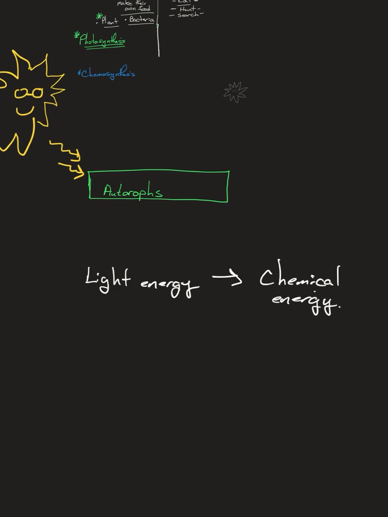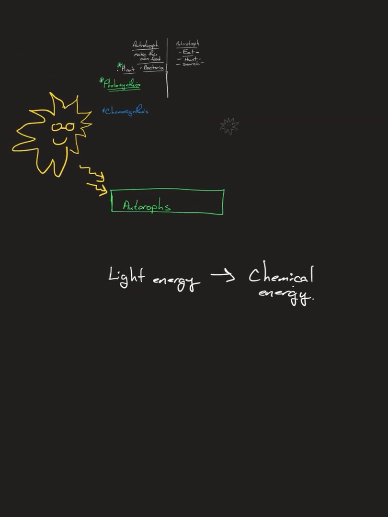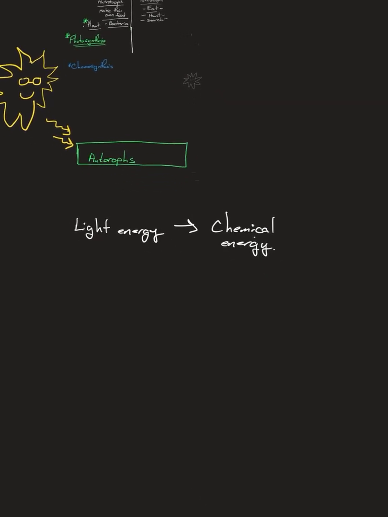So let me be very clear about this. Every time you switch energy, you only keep 10%. This is a really important rule. This is how inefficient life is. This is not an easy process. Most of the energy from the sun gets lost to heat. Heat is lost energy. We cannot use it. It does not become a plant. It can't become a plant. So with lost energy to heat, every time you go up, you only keep 10%